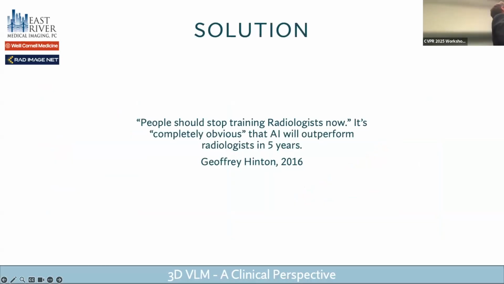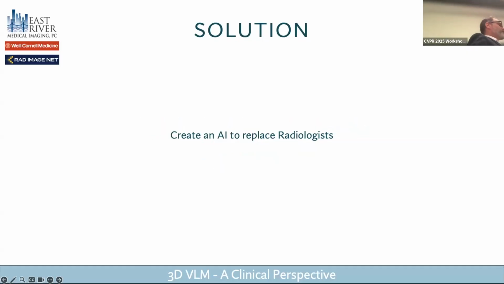All right, I think everybody knows this quote. It's been up a couple of times. I can guarantee that every radiologist knows this quote. Right, 2016, Geoff Hinton said, "Forget it. Stop training radiologists. They're done. We don't need them anymore. 5 years, they're going to be totally replaced." Right, and I can guarantee that part of this is due to the lack of radiologists that we saw on the previous slide. Not as many kids have been going into radiology, I think primarily because they're concerned that they're going to be replaced by AI. But assuming he's right,